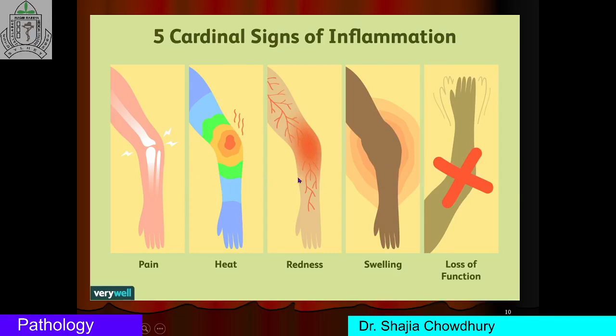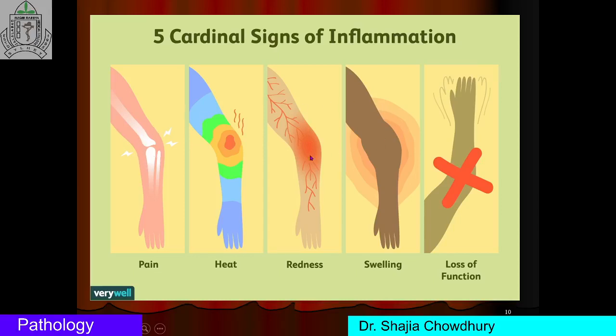Rubor, or redness, is caused by vasodilation, or enlargement of the blood vessels. This is the first step of acute inflammation. Swelling, or tumor, is caused by increased vascular permeability, or leakage. Calor, or heat production, is due to rapid inflow of relatively warm blood through the circulation. And pain is caused by tissue tension and various chemical mediators, mainly bradykinin, serotonin, etc.